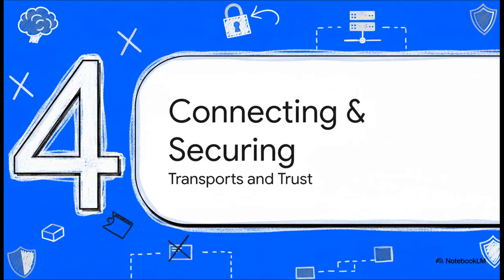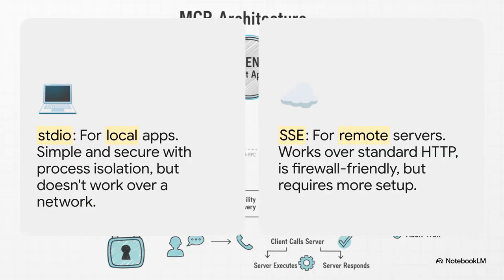So we know what they're saying to each other, but how are those messages actually getting from point A to point B? Because that choice is a really big deal for both security and flexibility. One of the coolest things about this protocol is that it's not picky about how the messages travel. For a local desktop app, the easiest way is something called stdio, where the server's just another process running on